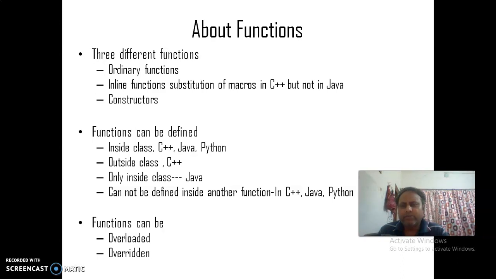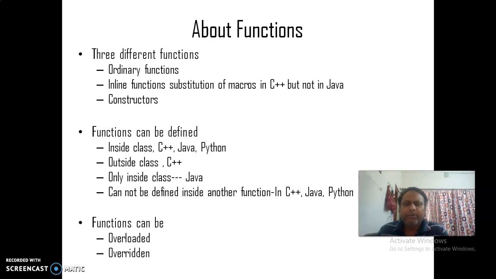Outside the class also we can define the function, like in C++. In Java we cannot define the function outside the class, only inside the class.